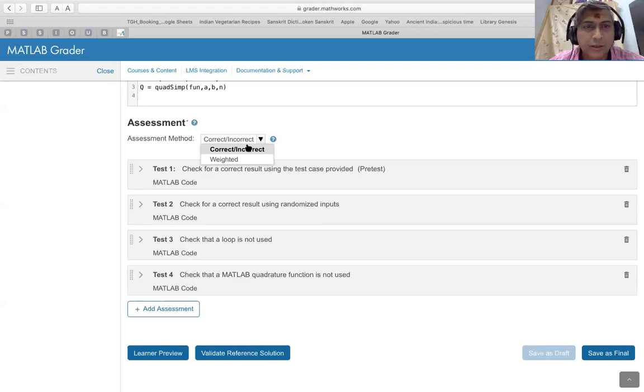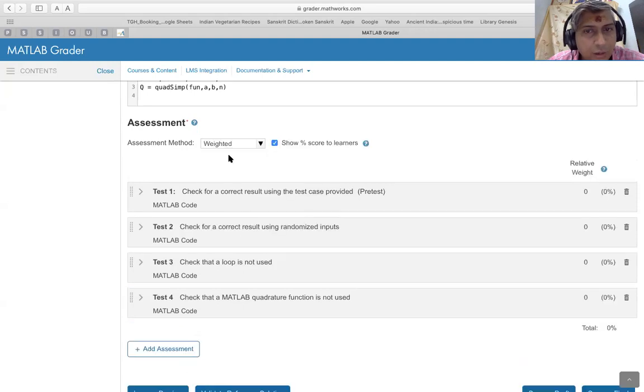When you choose correct or incorrect, every question will essentially compare the value of the variable to the one that is given in the solution, and it's like a 1 or 0 grade that you will give out. On the other hand, if you choose a weighted one, then you can adjust the relative weight here.